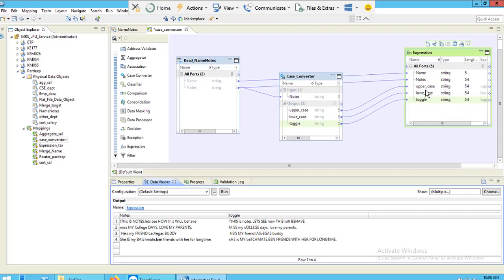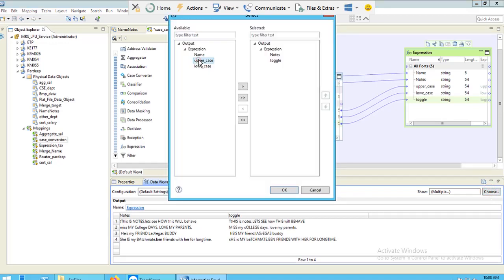I am not seeing my uppercase and lowercase in the output. How can you choose this? You can go here and click on choose. If you want to see uppercase also, you can move it to the selected side, and these are the available outputs. If you don't want to see uppercase here, you can just move it back to available. Now in the output you will see only notes and toggle.